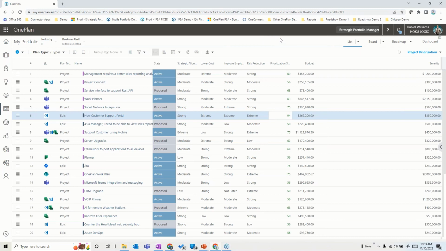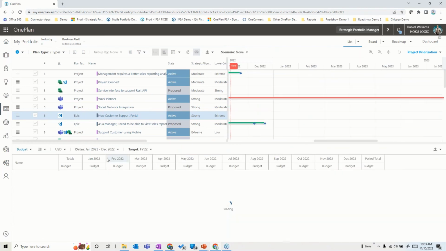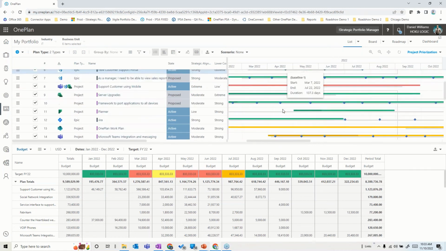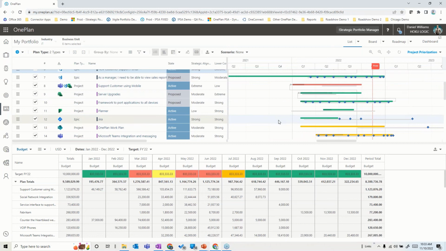Now, from a financial what if perspective, you could take this proposed portfolio and say, show us the financial requirements down below there. And let me put the timeline a little bit more into order here and scale it down a little bit. As you look at this forced ranking order and the budget that we have in here, let's just look at it from a year perspective. The good news here is that within the budget year, I have a budget of $10 million, and this is only going to take me $8,300,000 to do it, meaning the proposed portfolio can be done within the financial constraints we have. That's a good thing to have.